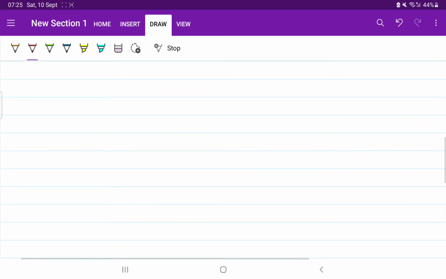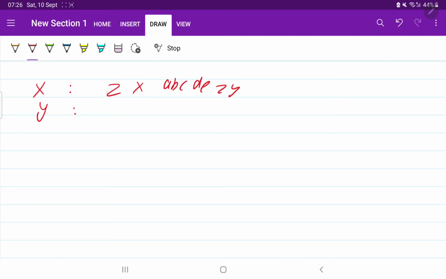So in the question, the strings are given to us as x and y that are like this: z, a, b, c, d, e, z, y. This is the x string and this is the y string, that is y, z, a, b, c, d, e, z, and the last element is again changed. So let us remove this y, so it starts from here.